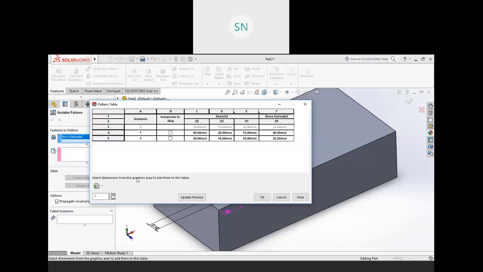Let me add one more. This we want at 60, the x value; y value should be 30, diameter should be 20, and height should be 50. One more. And the x 75, and the y we want 50,